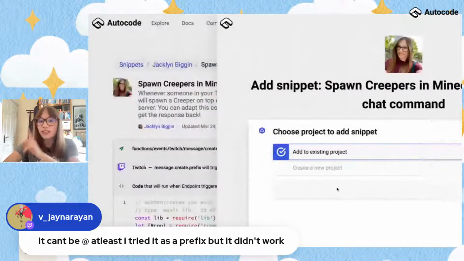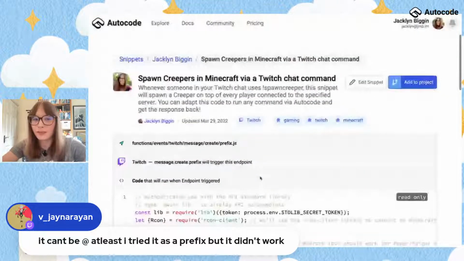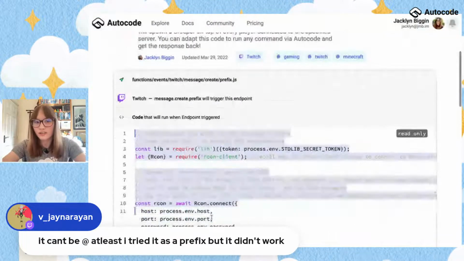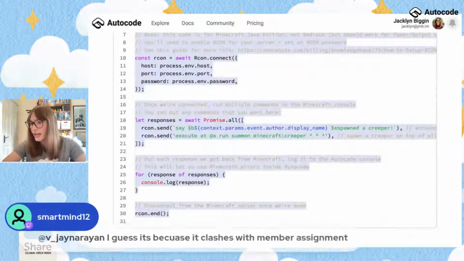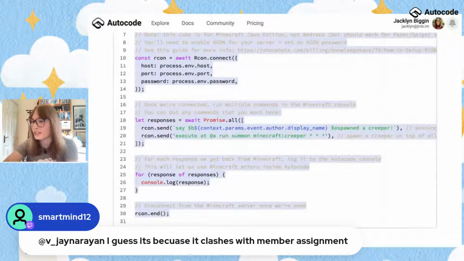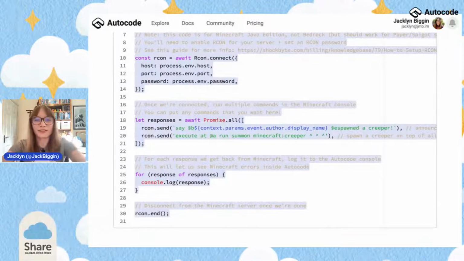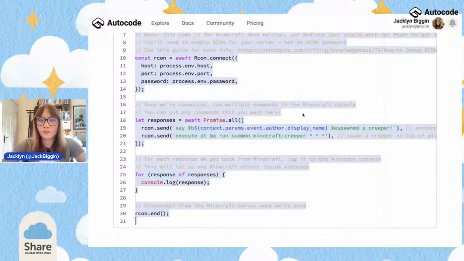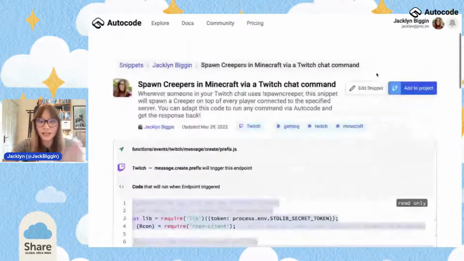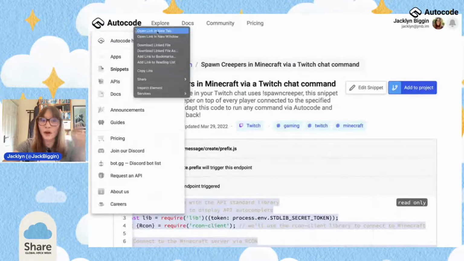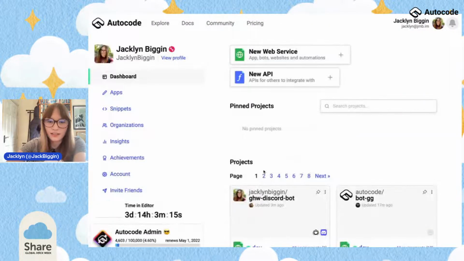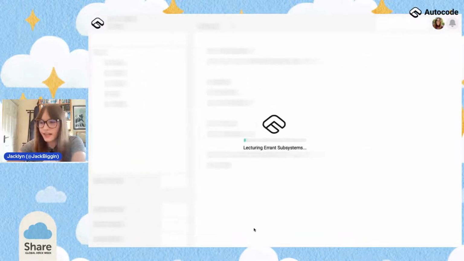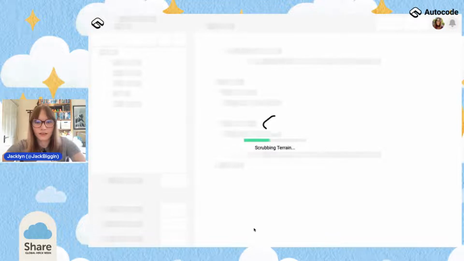But actually, let's go back. Let me show you, you can actually see the code, and we can just copy paste this in. So let's do that right now. Let's select all of this code here, and let's connect our Discord bot to a game, because that'll be fun. And yes, Smart Mind is very smart. That is completely correct. And hey, Shivadip, how are you doing? So let's include this code, which I just stole from myself, but it's completely okay. You can steal code. It's not actually theft, because it's all open source. And let's include this inside my bot.